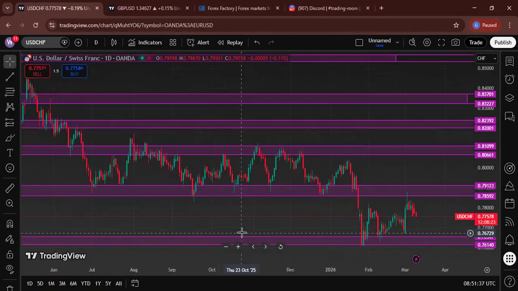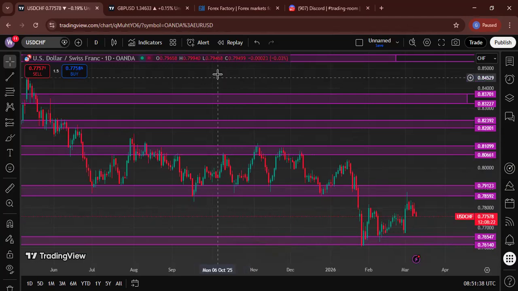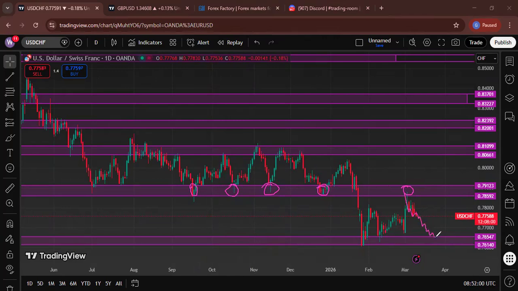If you check out the daily as well, you can see that is why price has reacted from this area here, like that. You have this area like that, like that, like that, right? So this is a very key demand that was not retested, now a new supply. That is why you're seeing the moment price tapped into this, you're seeing a very strong push to the downside. And I anticipate to see price fill the range